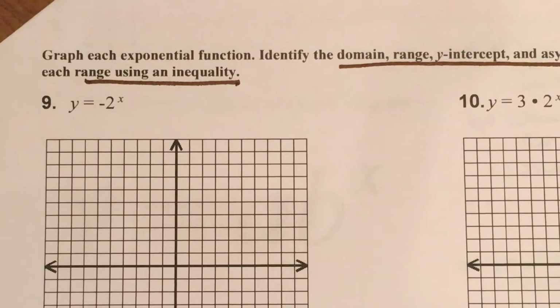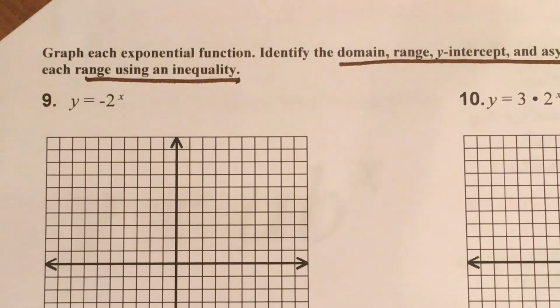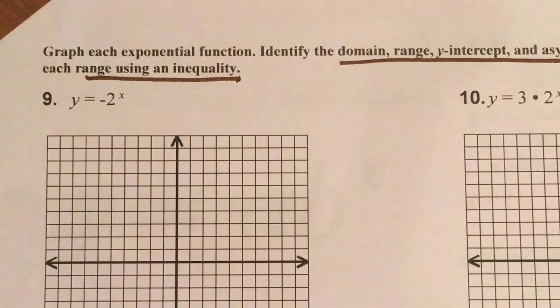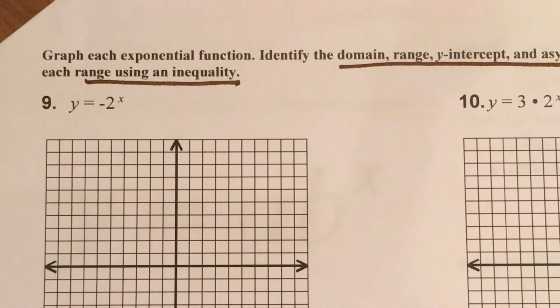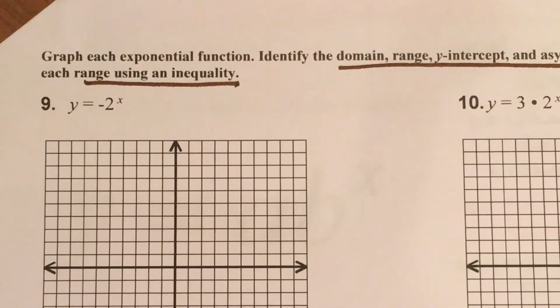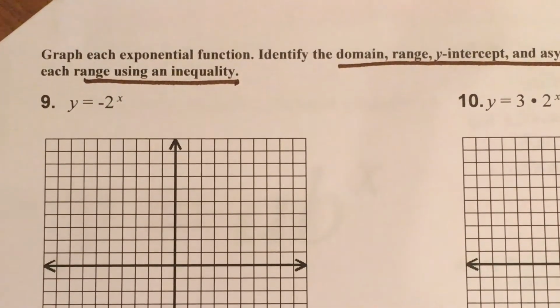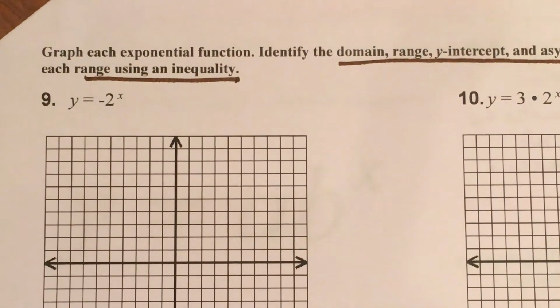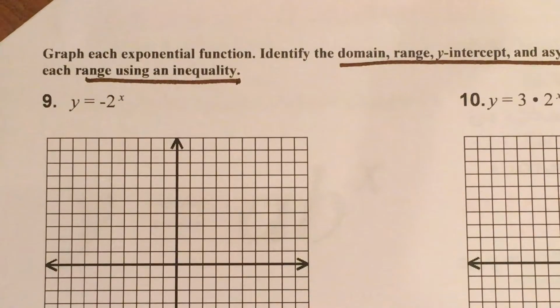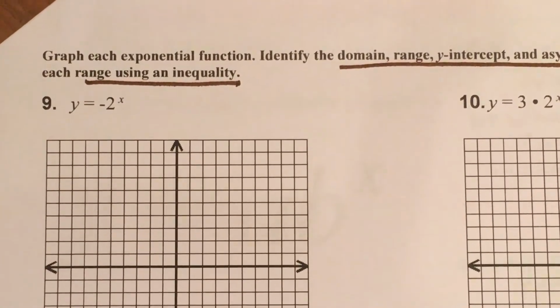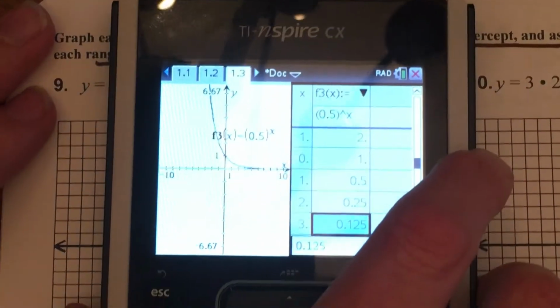So usually I like to set up a t-table before I even graph it, just because I have an idea maybe. Well, at least it's that way for linears and sometimes for quadratics. But here for exponentials, I really want to see where this graph is going before I even think about writing up a t-table. So let's go into your calculator,